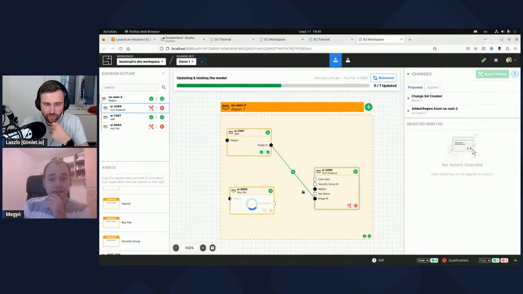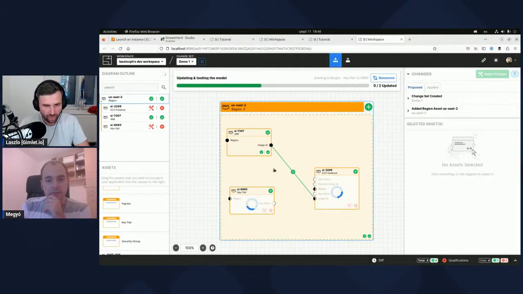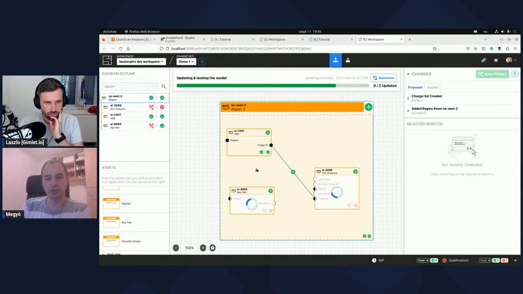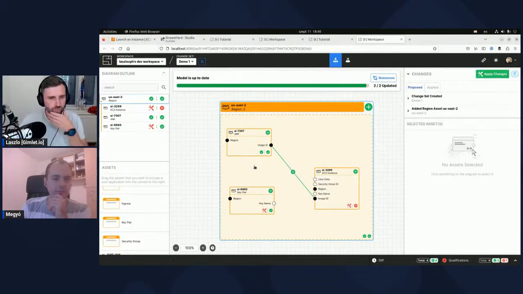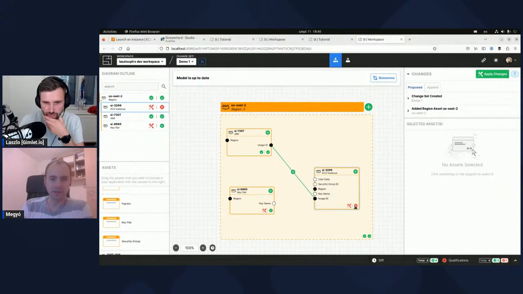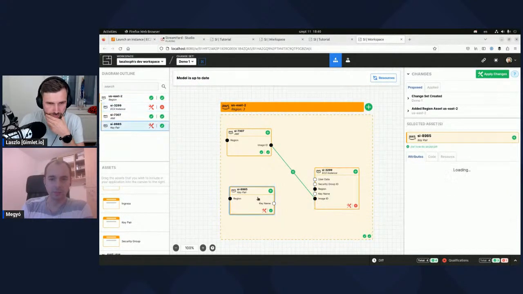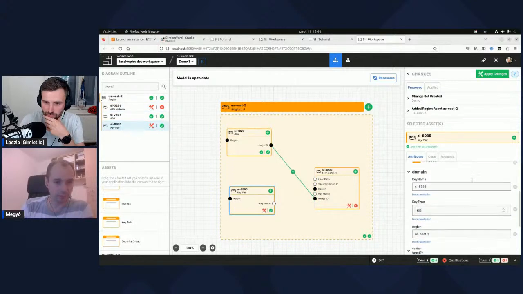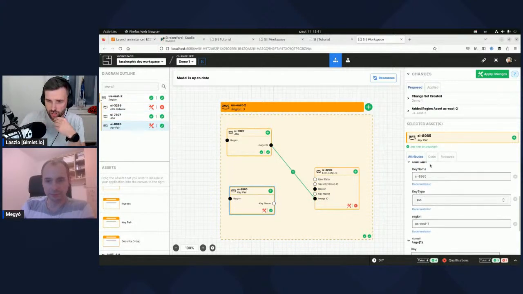Yeah, exactly. So this is how we know that parameter is not set currently. And also in the EC2 instance there is the red X, so it's not ready to be deployed.